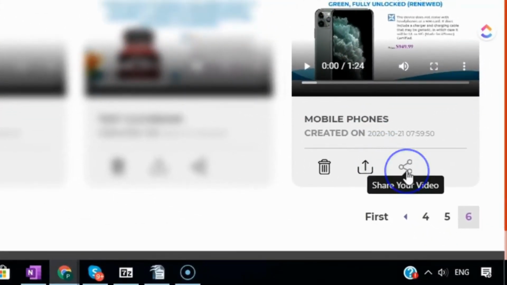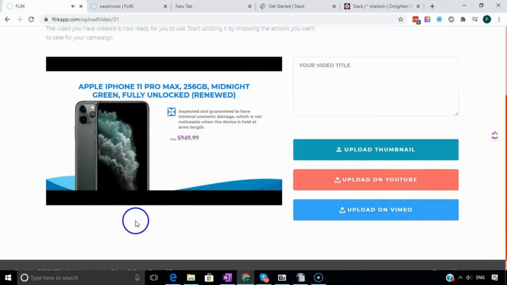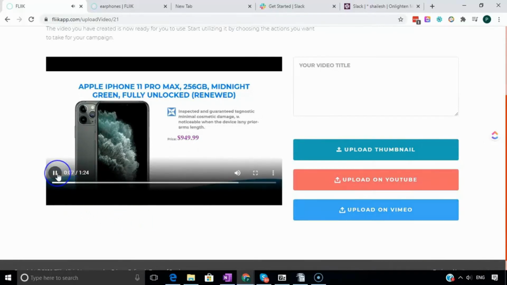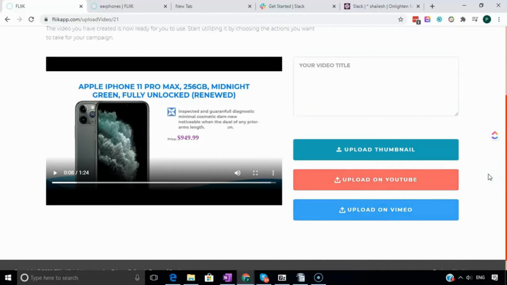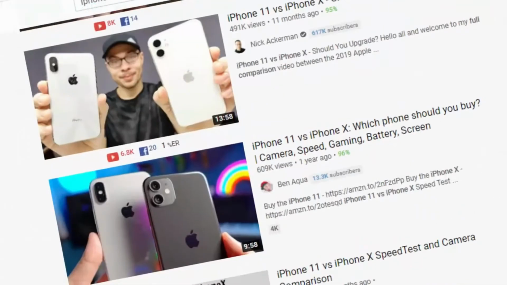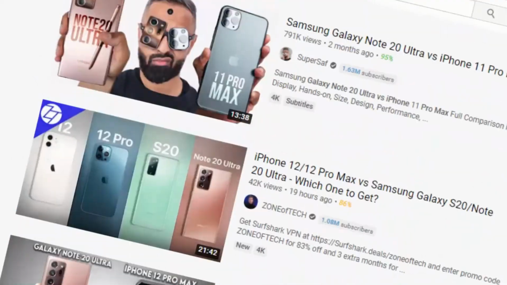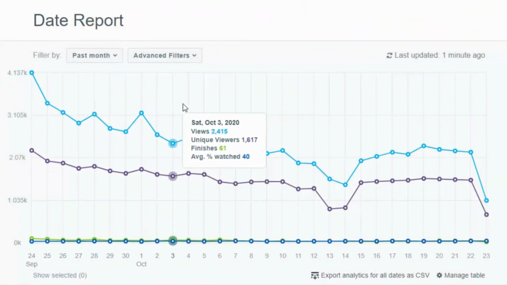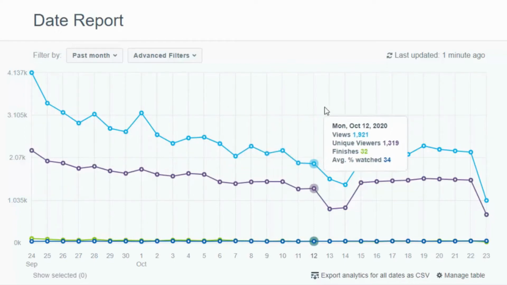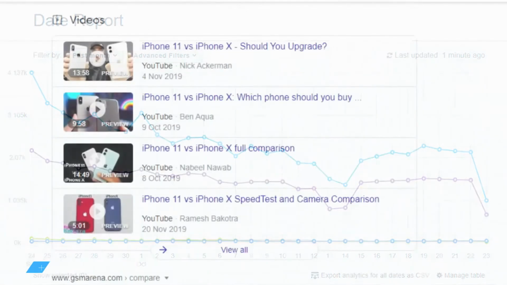Now this is the next step. It means uploading your video to YouTube, Vimeo, especially YouTube, is vitally important for this system to work, because with the right title, these comparison videos rank almost instantaneously. It doesn't matter if you don't have a huge following or if you're just starting off with a new YouTube account, for example. The fact is, these comparison videos rank really, really quickly, and they can often stick around for a long, long time. So make sure you upload to YouTube, and then once you do that, the software will pull in the tags, descriptions, everything you need in order to rank, and it will auto create your hub page for you.